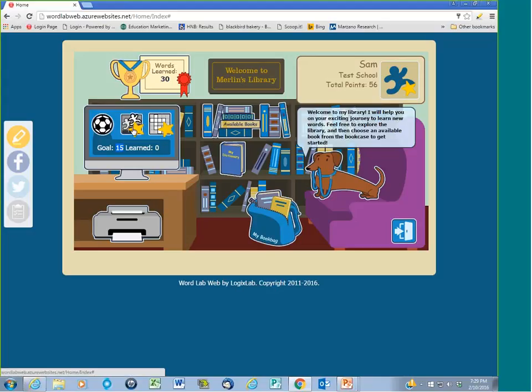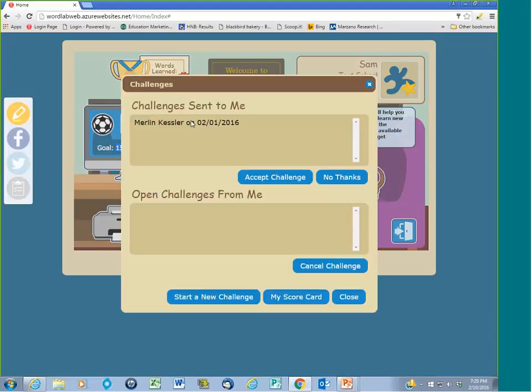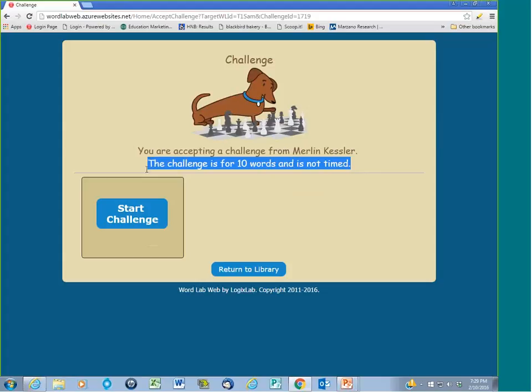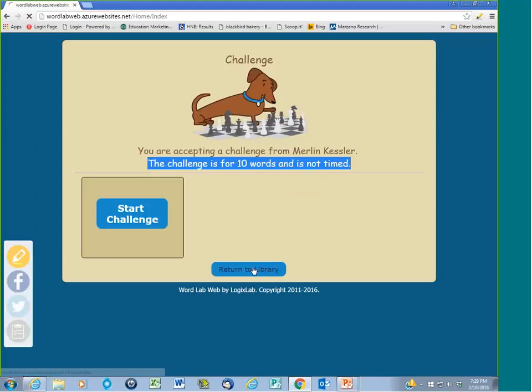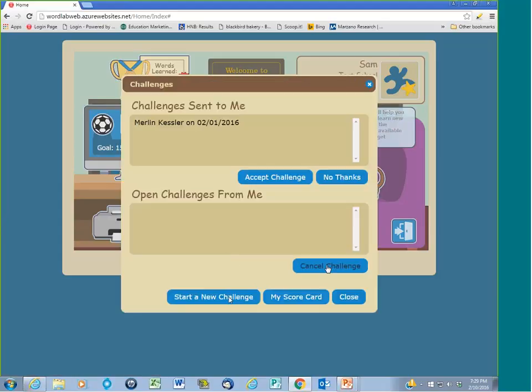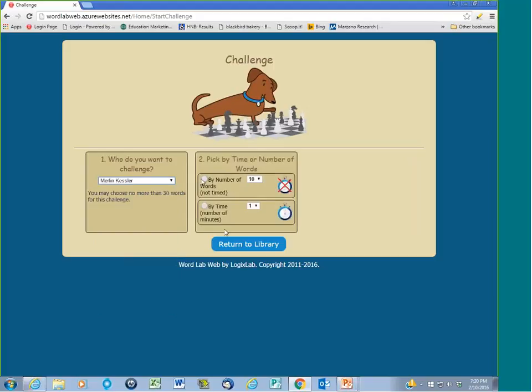Now, there's a star here because Sam has received a challenge from Merlin. That's because both of them have learned at least 10 words. Now, Merlin is challenging him for just 10 words. Merlin could have challenged him for quite a few more than that. For instance, if I want to challenge Merlin back and not even accept this challenge, but challenge him right back, I could challenge him for up to